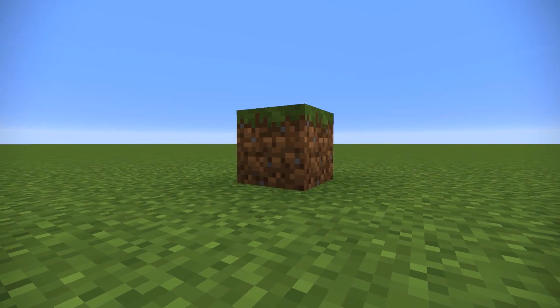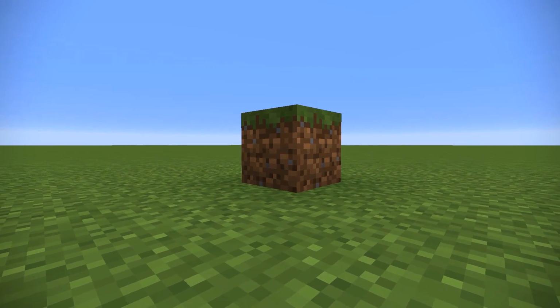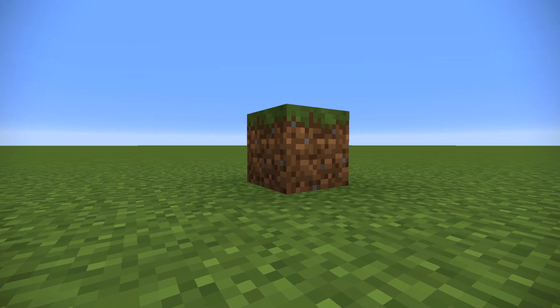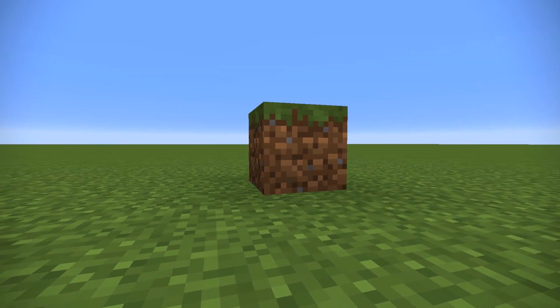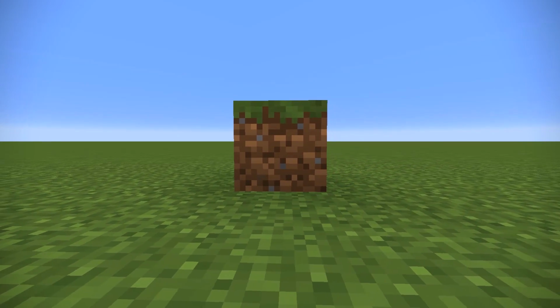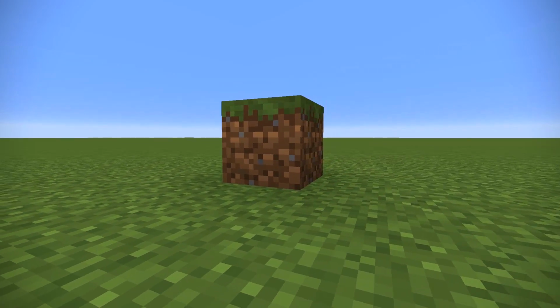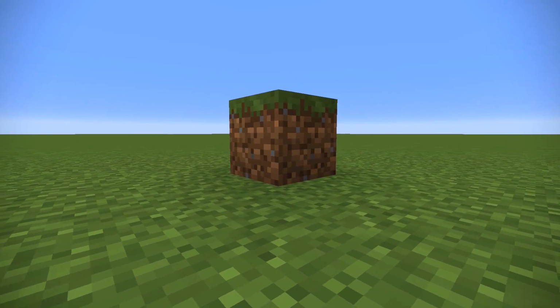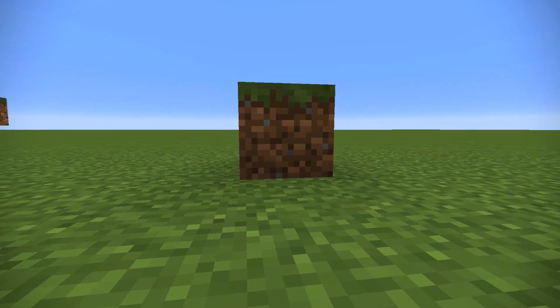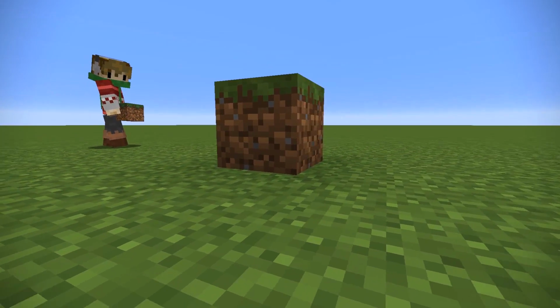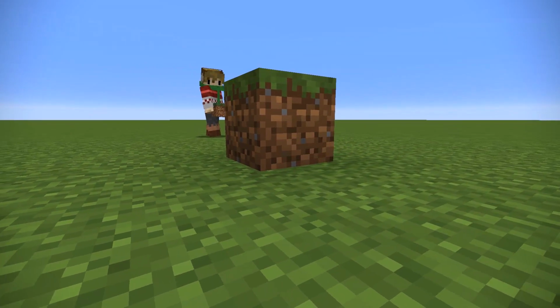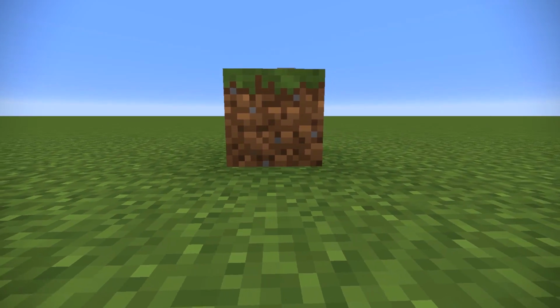The majestic grass block. For some reason, some of you want to live in a giant one, so I thought I'd make a short video just telling you how you can make giant 3D models of any block in the game. If you look closely, there are pixels that make up each side, and they are exactly 16 by 16